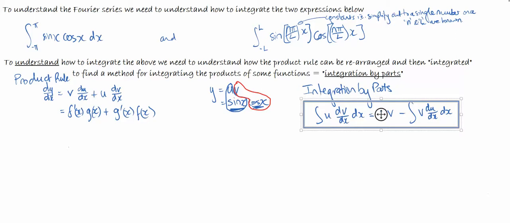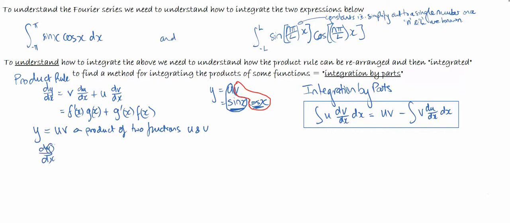So let's start by considering, okay, well remember the product rule is used when you have a function that is actually the product of two functions u and v. So actually dy by dx, since y is equal to uv, can be written the differential of u times v functions with respect to x. So using that definition of dy by dx, I'm going to integrate both sides, and integrals and differentiation can be used in a similar way to